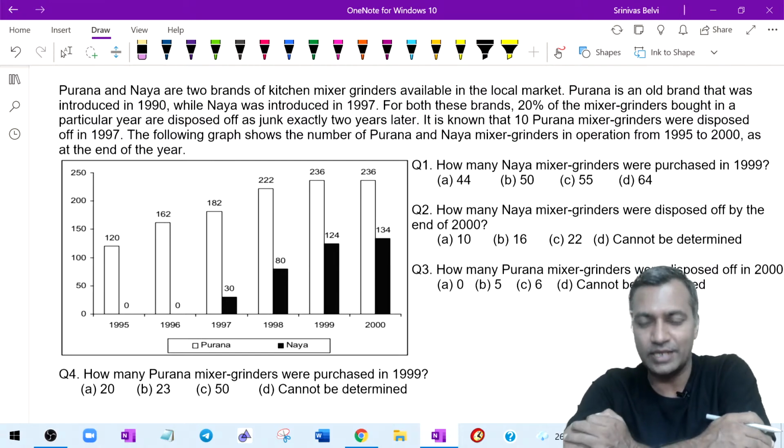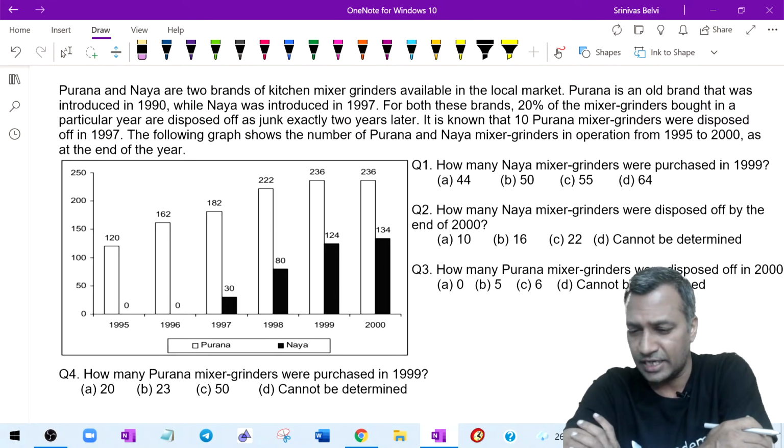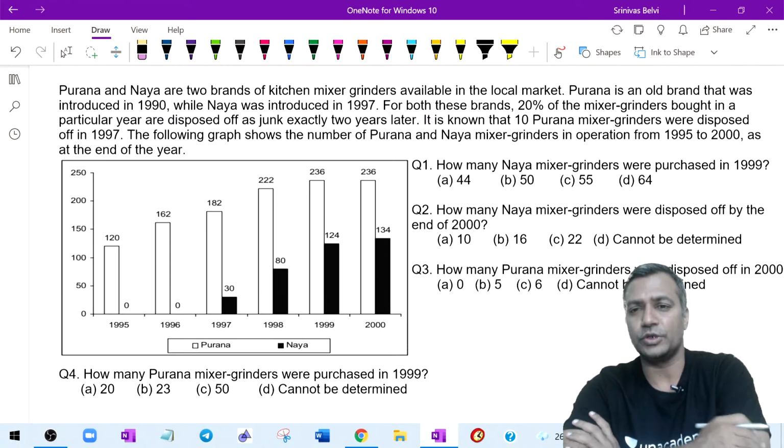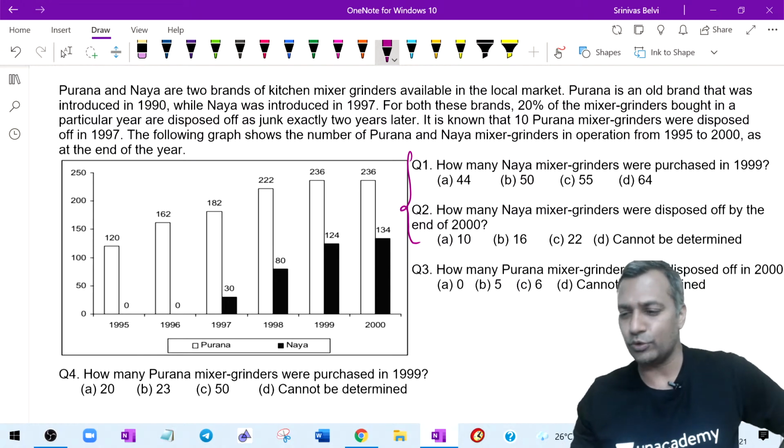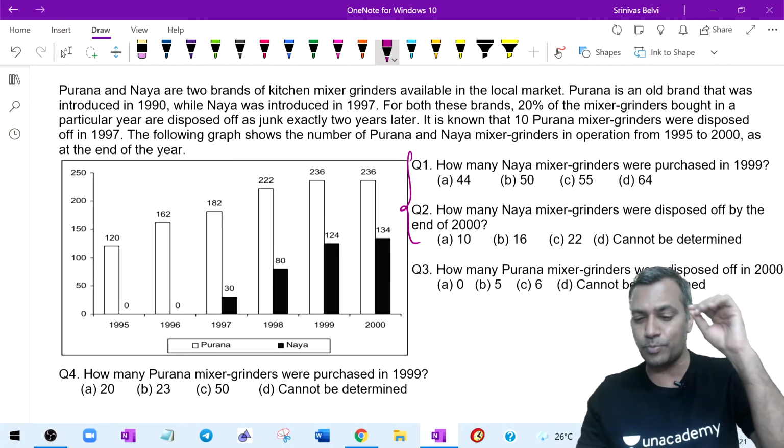That's a different issue. But given a choice, I have only 5 minutes. I want to tackle some questions. Which are those questions? You are at the nick of time. Just 5 minutes. I may not be able to close this entire set in 5 minutes. Which are the two questions that you would do here? Good. So in all likelihood it is going to be 1 and 2, because there is a problem with questions 3 and 4.